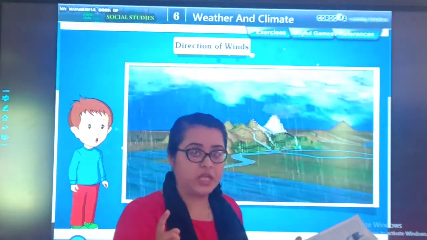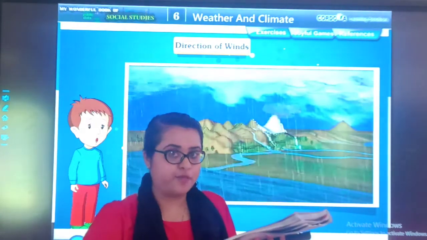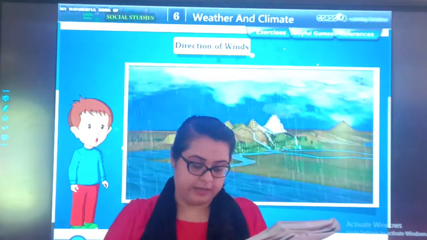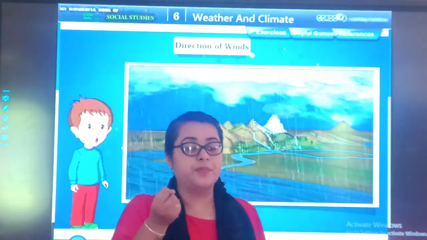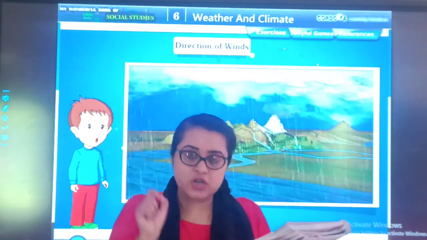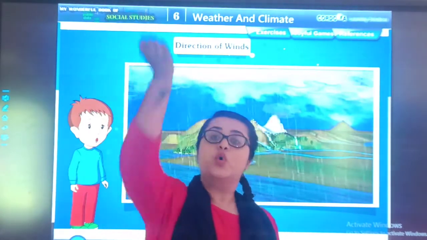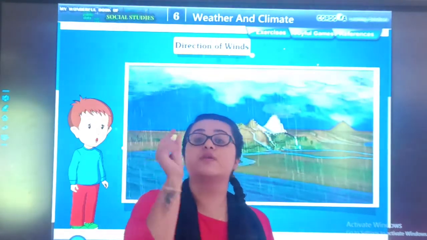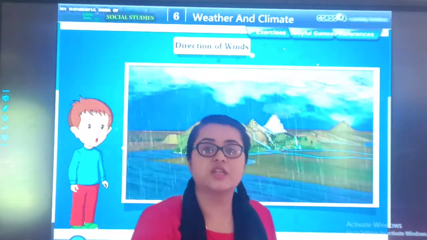Students, the process of rain is given on page number 35, the last paragraph. I am repeating it for you and you will mark it. Winds play a major role in the formation of clouds that cause rain. Winds that blow over the sea carry moisture. जो winds हवा के वहाँ से बहती है, they will carry moisture. These moist winds rise up. These type of winds जो ठंडी हवा है वो ऊपर चली जाएगी and it will cool down and जो water moisture था वो इसमें convert हो जाएगा droplets में and these droplets drop on the earth in the form of